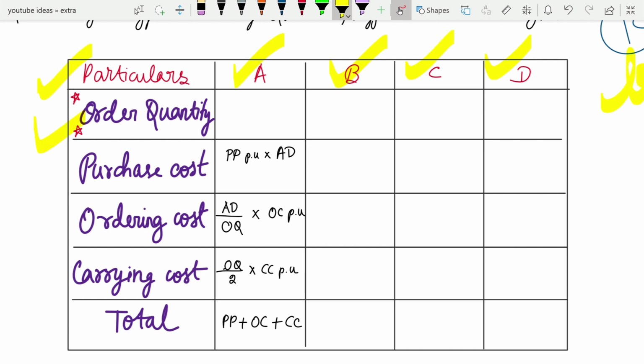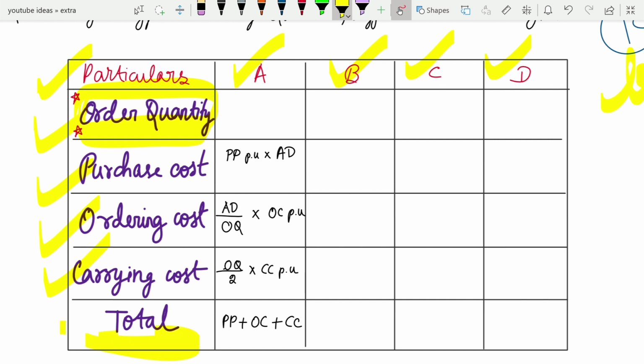And second, you have to find out the order quantity and rate. So this is the main thing. This is the important thing if you learn here. Others, you all know how to find out. Order quantity is the only thing that you will have to learn from this video. Okay. And then normally how you find out the purchase cost, ordering cost, carrying cost, that you will find